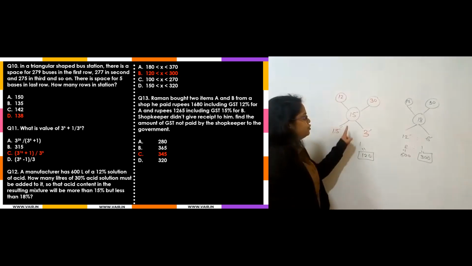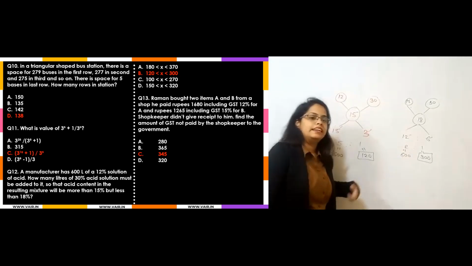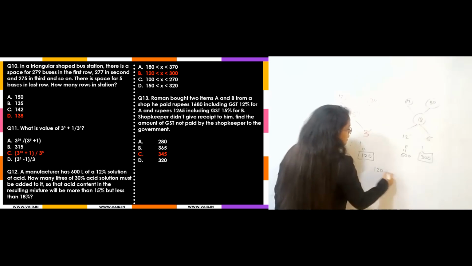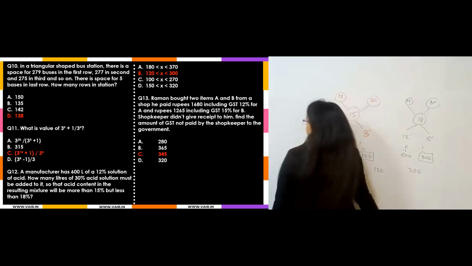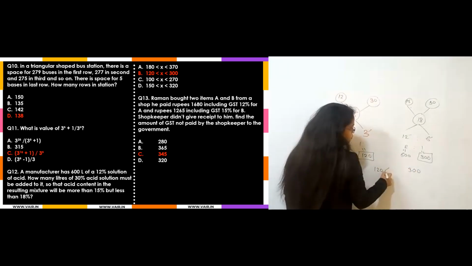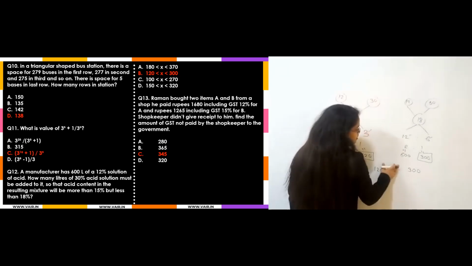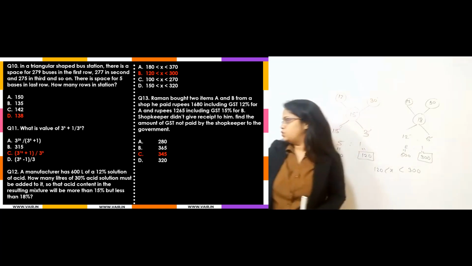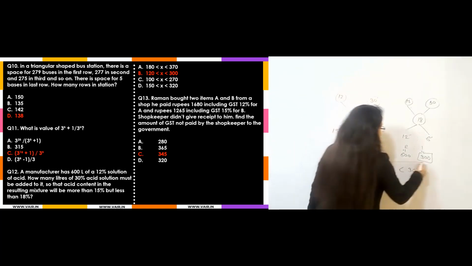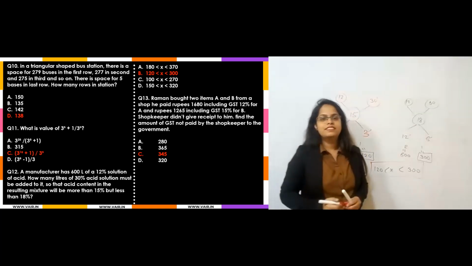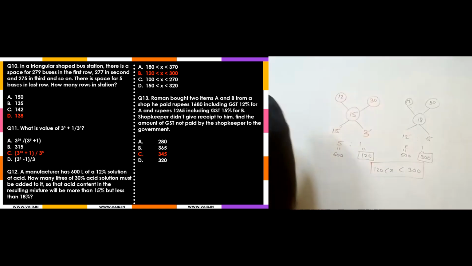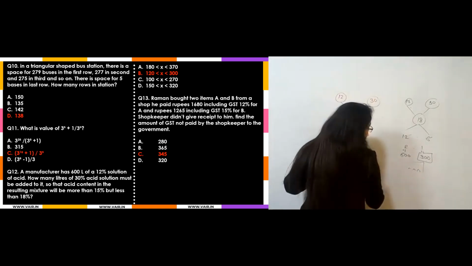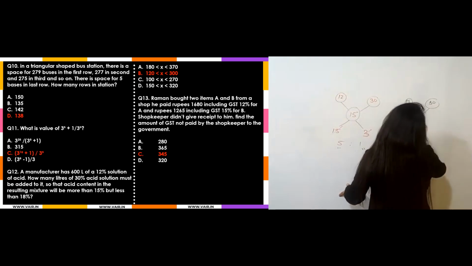So you can see that it should be more than 15 and less than 18. That means it should be between 120 and 300, which is your option B. It should be more than 120 and less than 300. So this was your answer here, 120 and 300. Easier. Now let's solve the next question. Simply, it was an allegation question.